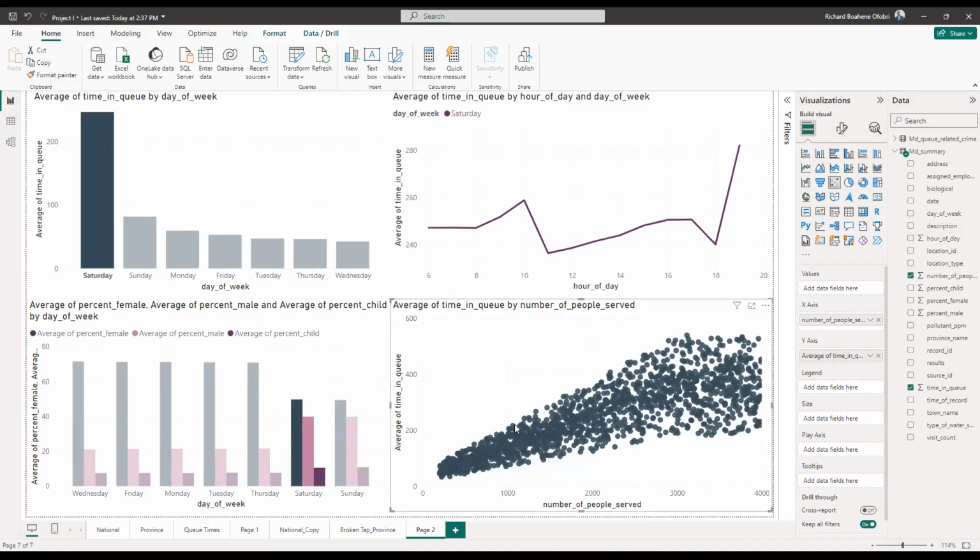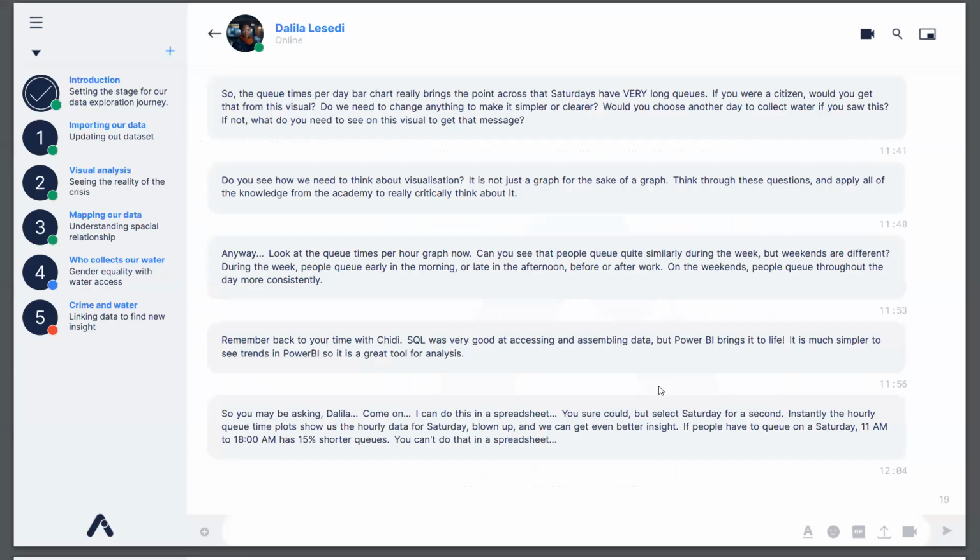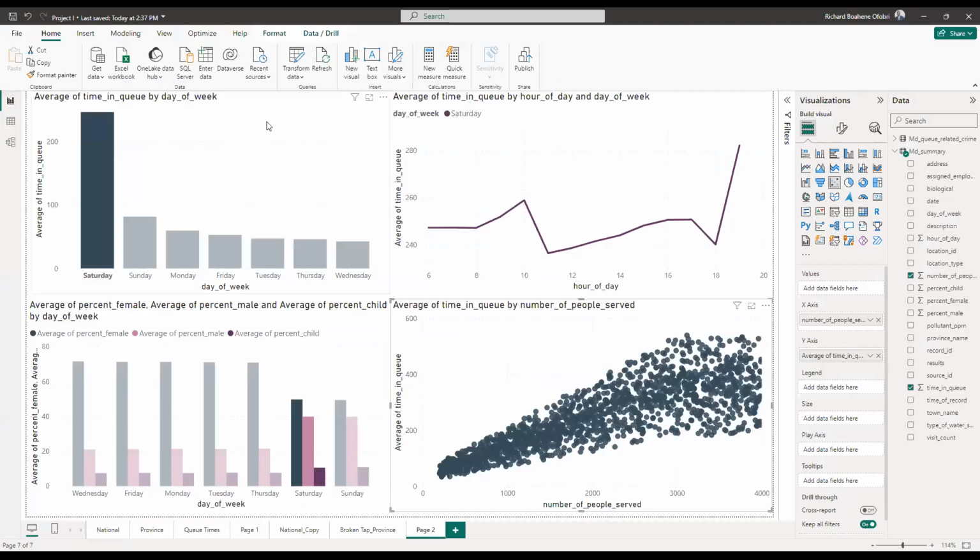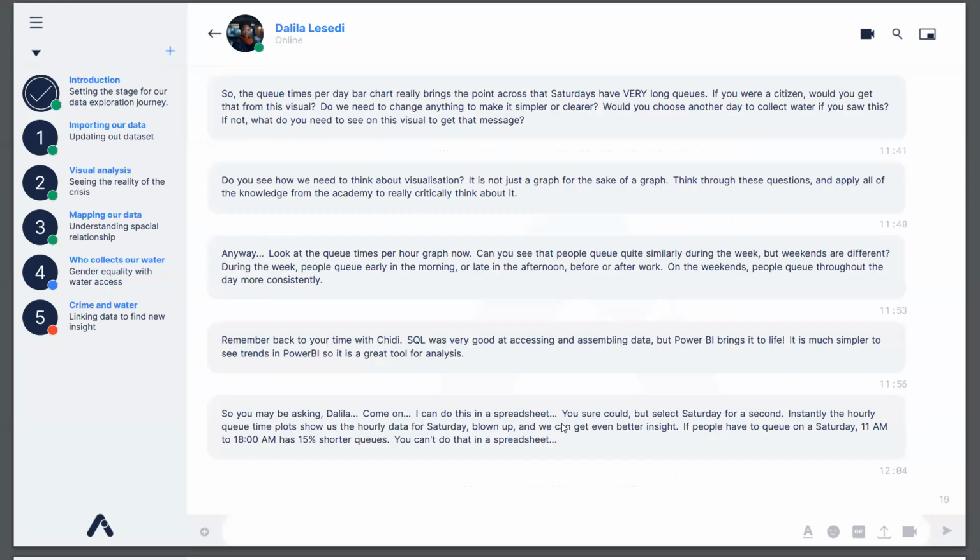And then the scatter plot too, when we look, we can always see the upward trend, showing that as time increases, the number of people served also keeps increasing. So I think there's something we can also take note of. Right. So clearly, with this interactive nature, we can't do this in Excel, as this comment is trying to emphasize. Okay. Once we select it, instantly the queue time plot shows the hourly data for Saturday blown up,